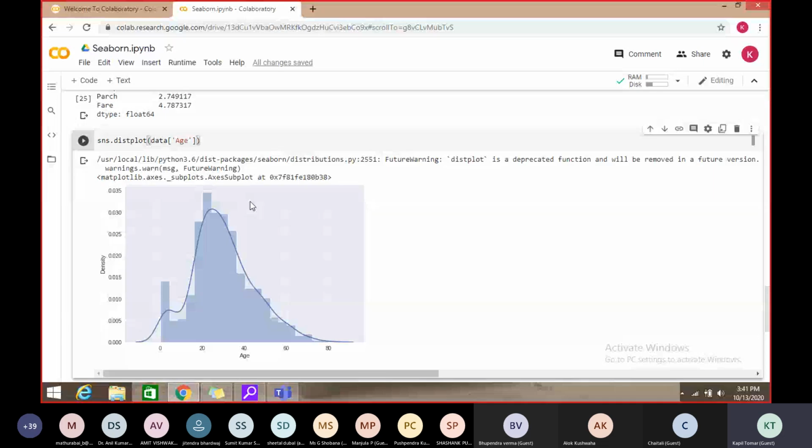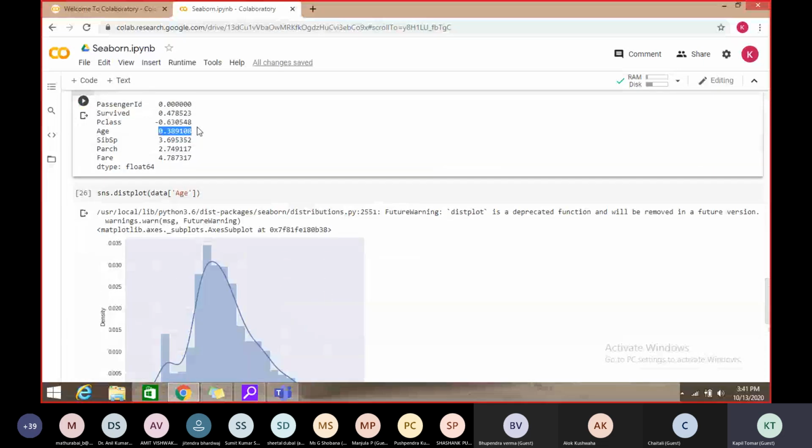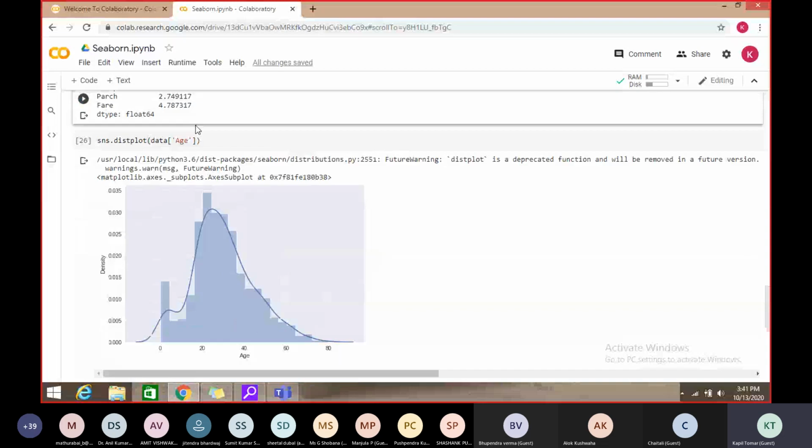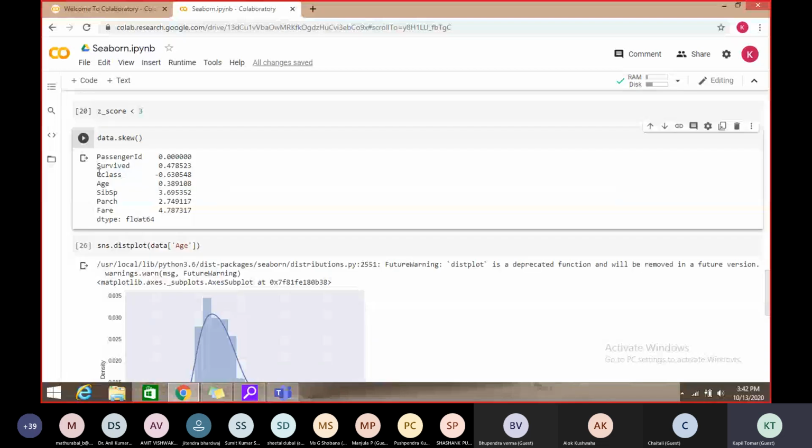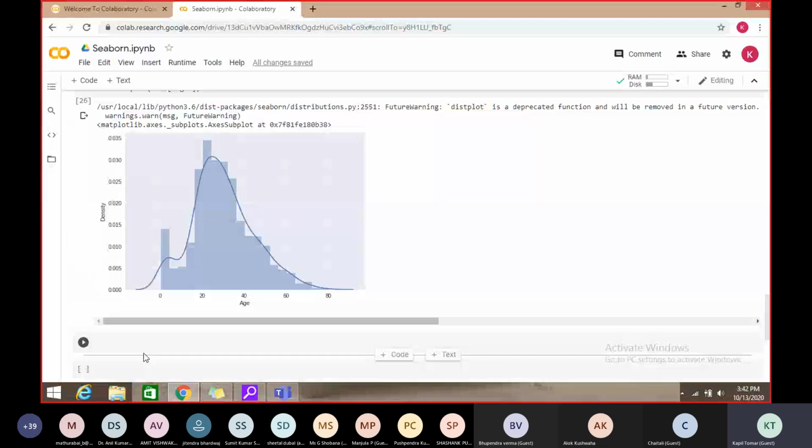Now we can see this age is a positive value. So here it is extending on the positive axis. We can also call passenger class of the train, and then we will see passenger ID also. So if we want to see the skewness of a particular column's values, then we can call it.